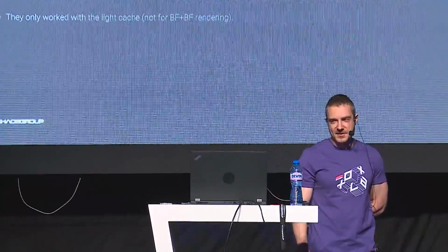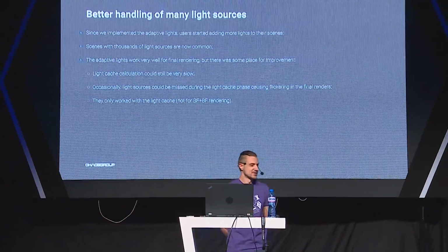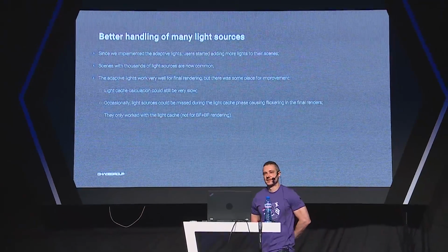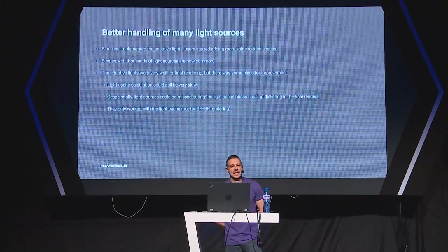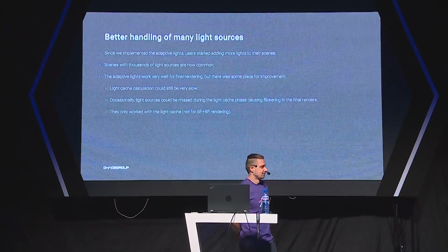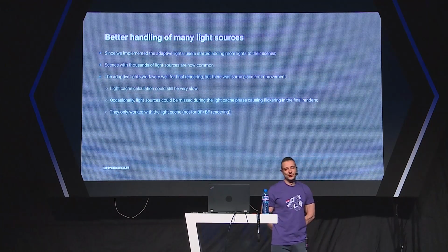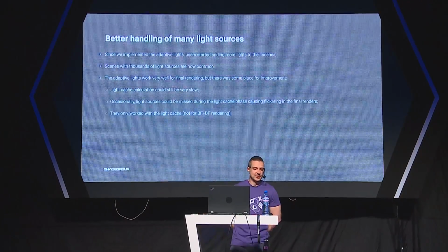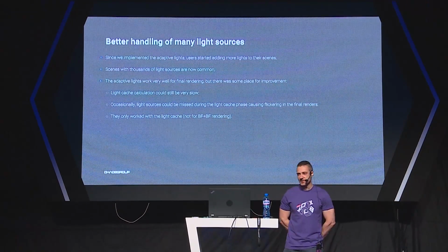So the first topic is better handling of scenes with many light sources. And by many, I mean thousands of light sources. We introduced the adaptive lights technique in V-Ray for rendering scenes with many light sources, and it works well, but what we found out is that people just started adding more and more lights to their scenes. So some of the scenes that we got from customers lately have 1,000, 2,000, even 5,000 light sources, and